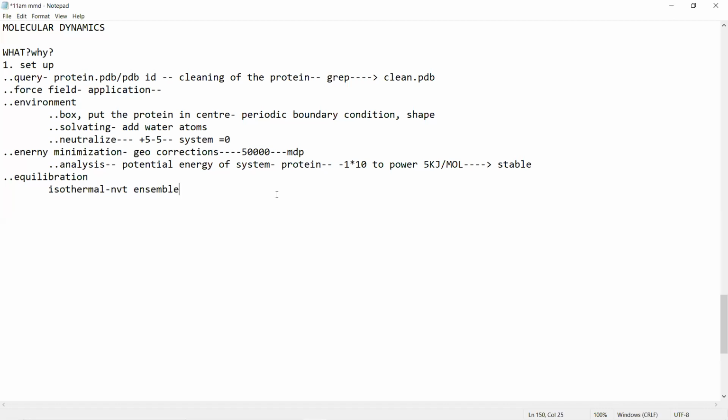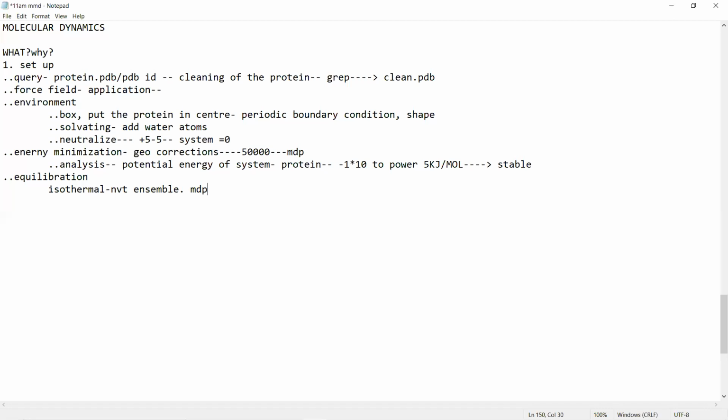This is also achieved with the help of an MDP file, because this MDP file contains the information of how many time frames need to be done, till what time we have to do the equilibration steps, etc. So the MDP file will also be introduced here. Am I clear? Yes, ma'am.